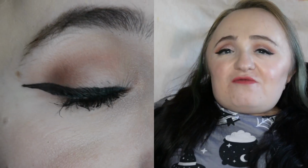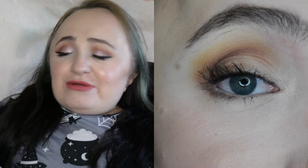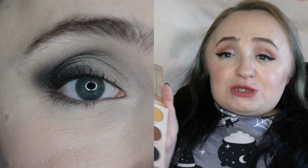I've done a couple of eyeshadow looks with this just within that first week of me having it, so I will insert the images and the video that I took of that for you. I did a pinky look, then a yellowy, browny look, and then a smoky, more typical gray eyeshadow look as well. What I'm going to say is overall I do like this eyeshadow palette, but there are a couple of things